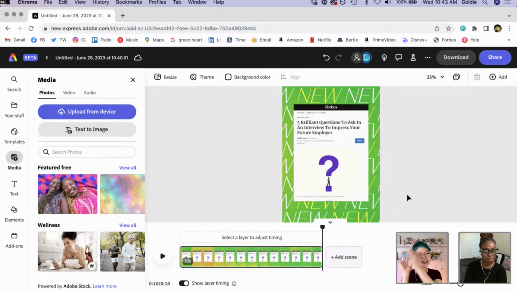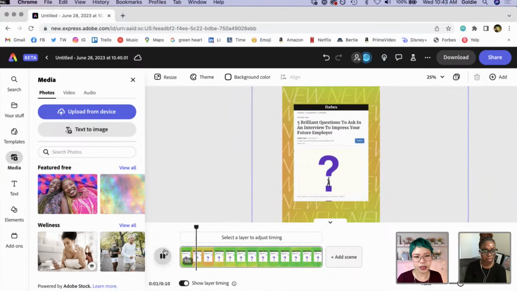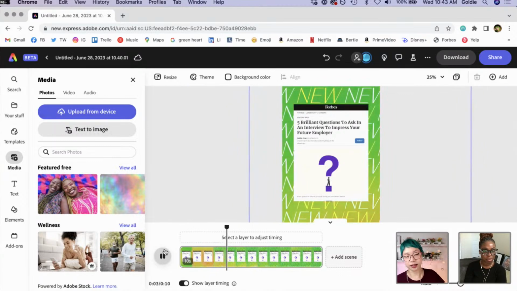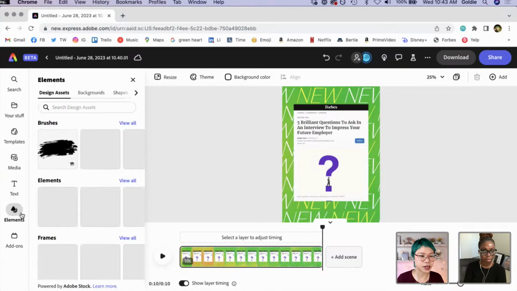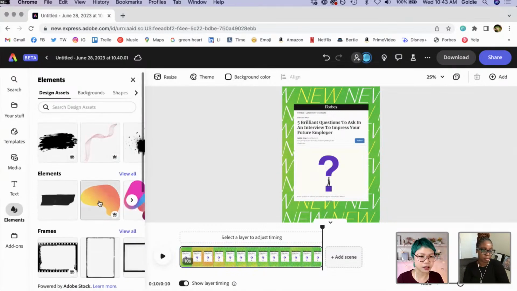Now let's add in some elements. Let's make this more interesting. We have this great template already, but as we can see, we could literally export it like this and it would be good to go, which is so neat. But I feel like even better is, why don't we add in some fun elements? So we could literally add in some color elements.